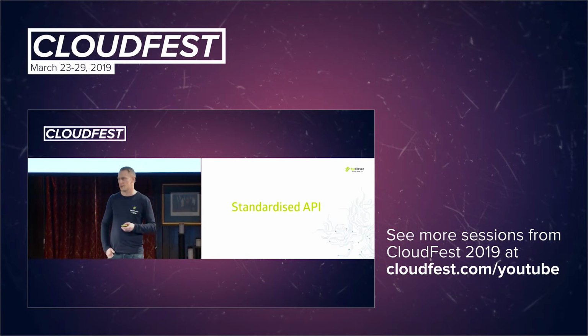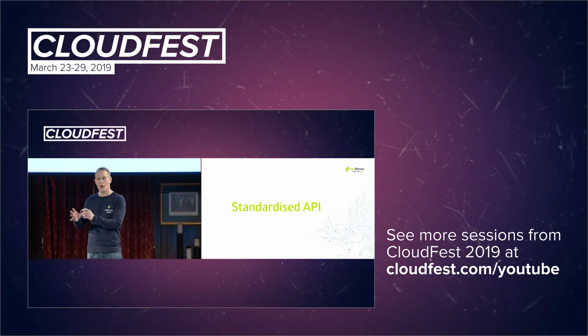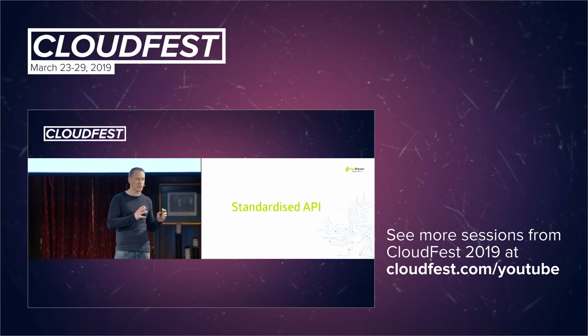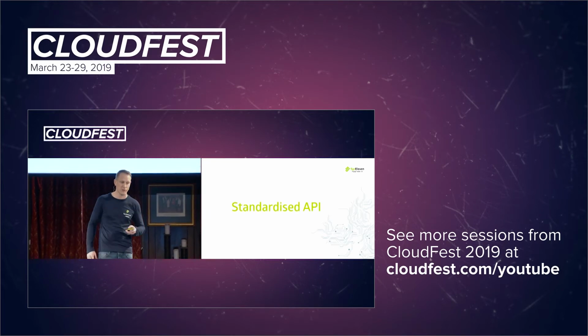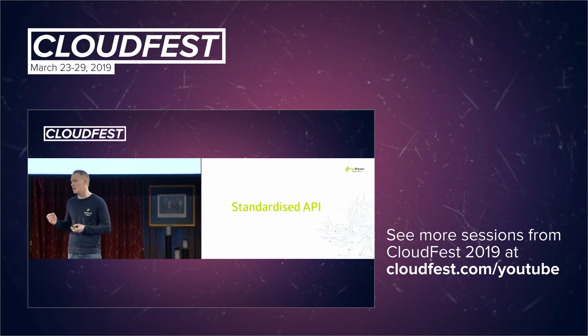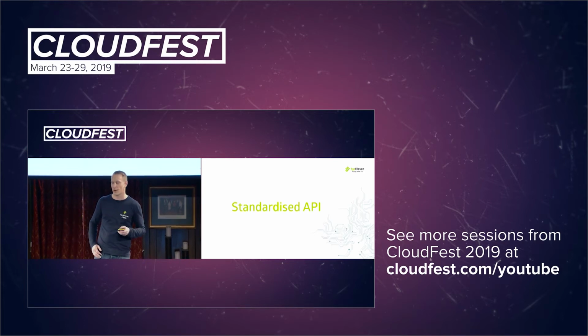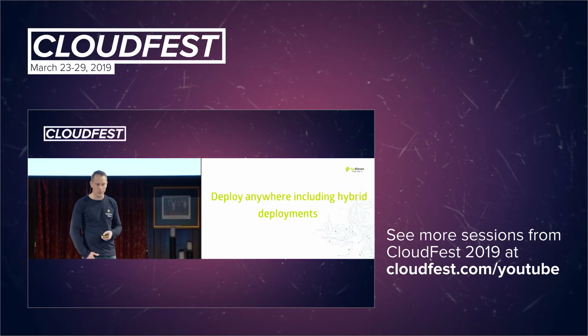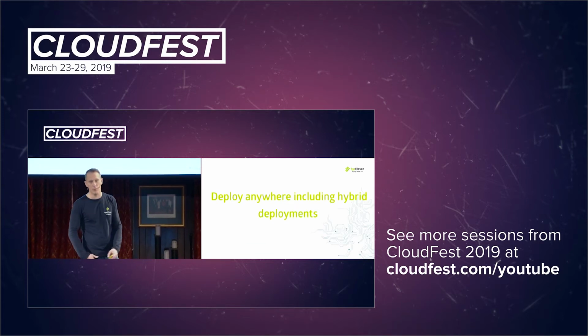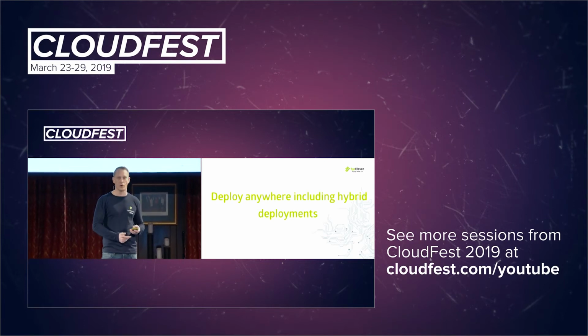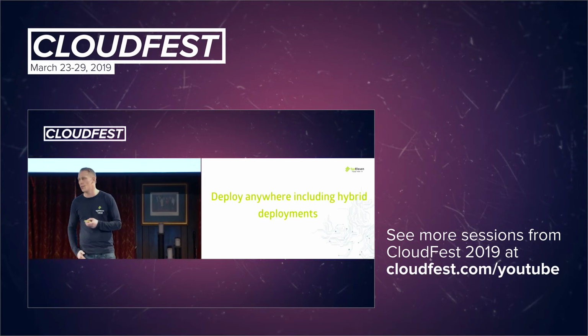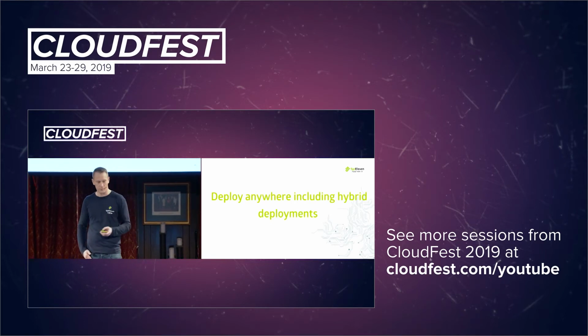It all works. There are systems around like Minikube, a mini version of Kubernetes, which you can run as a single deployment on your machine, just to test how your own application would look and how Kubernetes feels, without having to build up a vast amount of infrastructure to actually do that. So a standardized API and objects make working with Kubernetes very easy. Yeah, deploy anywhere, including hybrid deployments. So it runs on your own data center, it runs on OpenStack, on Google, on AWS, anywhere where you want to run Kubernetes, you can basically run it.